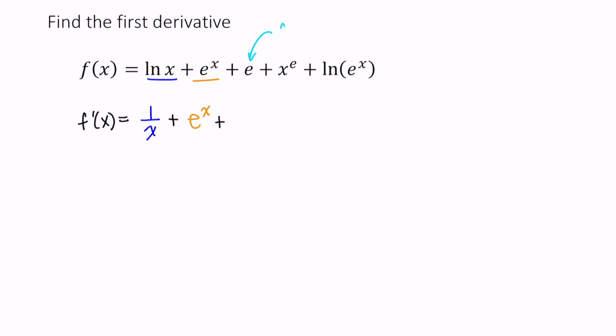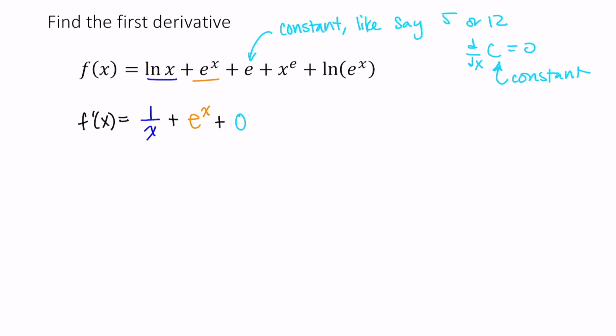What about e? Well, this is just a constant, like, say, 5 or 12. And the derivative of 5 is 0, or of any constant really would be 0. I can just replace this with a c for a constant. All right, so for this one, I'm just going to add 0 plus,